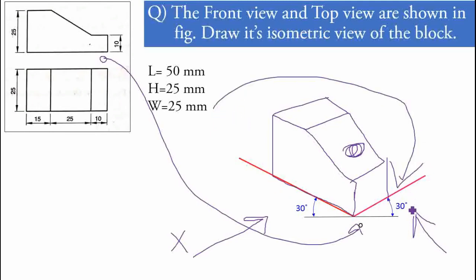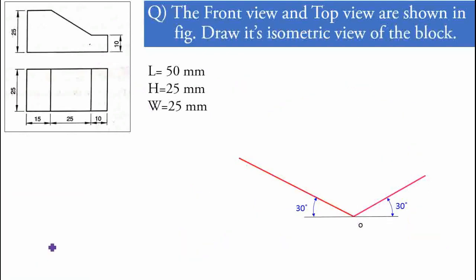These are the three dimensions we have to fix first of all, and that is actually the second step. The first step is always to find out the overall dimension, then finalize the positions of length, height and width. That is the second step. Now the third step: I will erase these things first so that it will be easy to understand. Now after getting the idea, the length will be represented on the left side inclination line, the height will be represented vertically, and the width will be represented towards the right side inclination line.